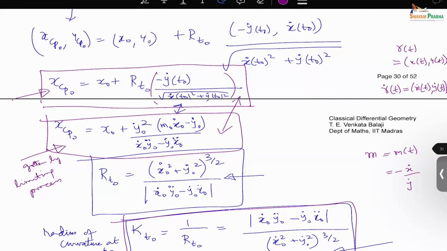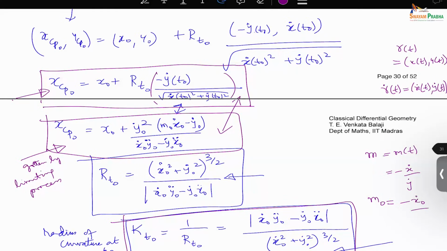And then I told you m naught means that you have to do it at t equal to t naught, or take the limit at t equal to t naught. Substituting t equal to t naught and taking the limit at t equal to t naught, they are the same because of continuity. We are assuming continuity always. Okay, so m naught is going to be minus x naught dot by y naught dot. Okay, so you have to plug that in here. So look at this expression gotten by the limiting process. You plug it in here. So what happens is that you will get,